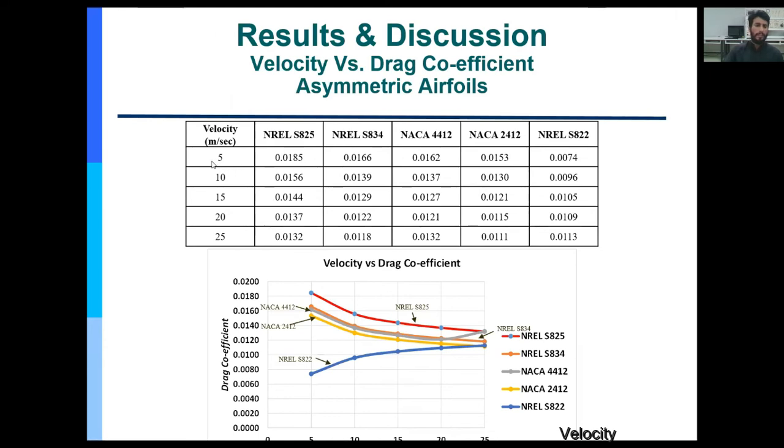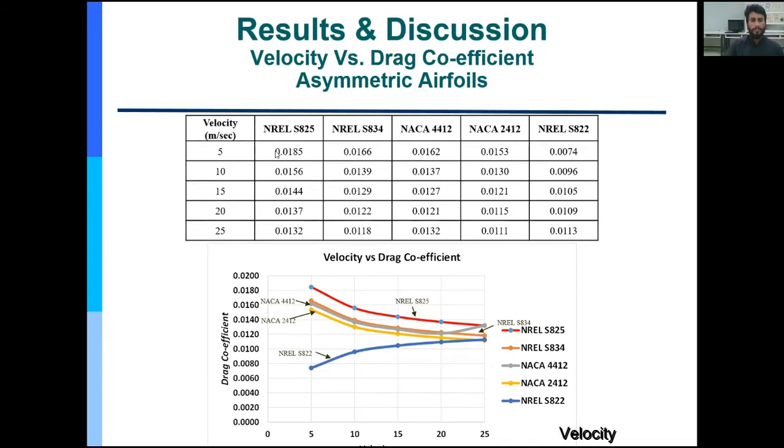If we observe at wind velocity of 5 meters per second, NREL S825 has a drag coefficient of 0.185, and NREL S834 has a value of 0.0166, and the drag coefficient of NACA 4412 at wind velocity of 5 meters per second is 0.162, and the drag coefficient value for NACA 2412 is 0.0153, and the drag coefficient value for NREL S822 is